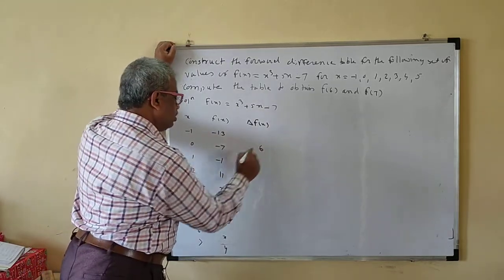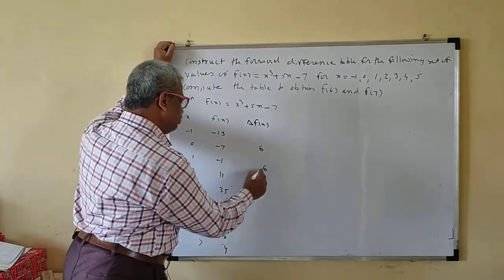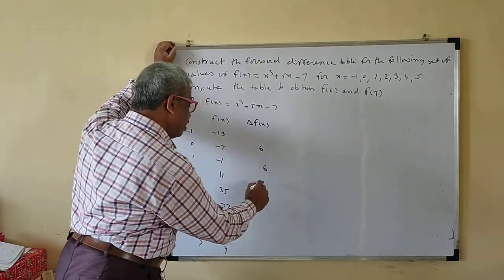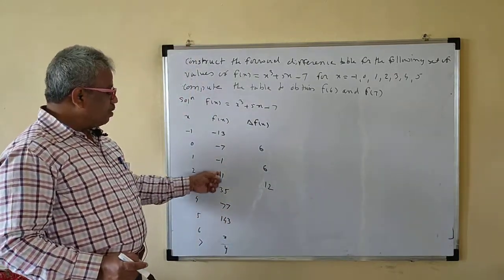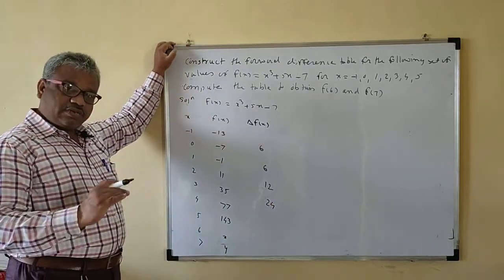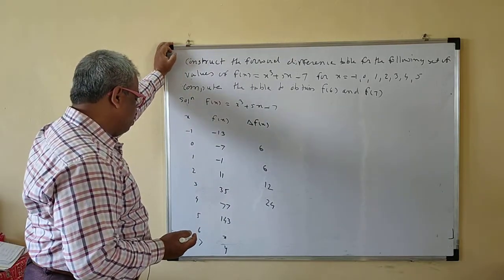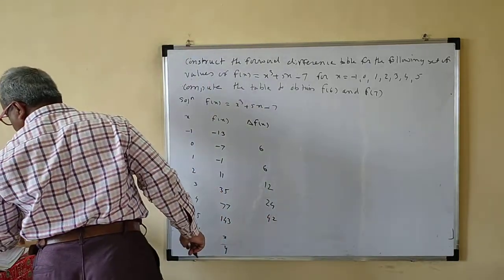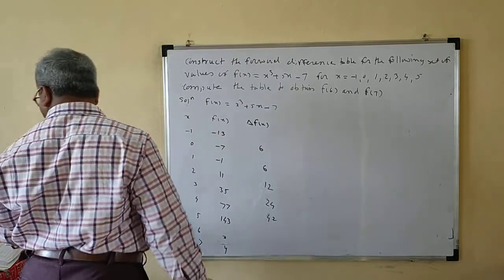Minus 1 minus of minus 7, again this is 6. 11 minus of minus 1 is plus, so this will be 12. 35 minus 11 is 24. 77 minus 35 is 42. Then 77 minus